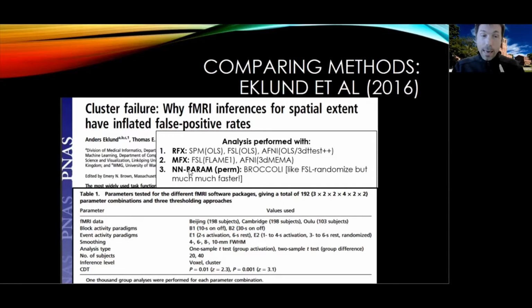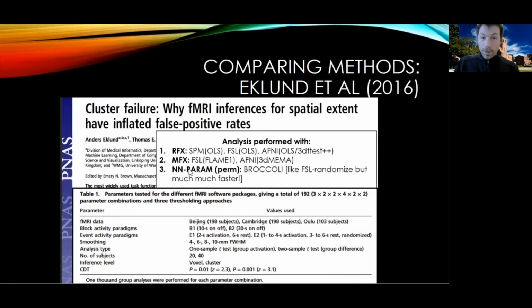And then finally, the last approach was a non-parametric or a permutation approach. And they used a tool called Broccoli, which is exactly the same as FSL randomise, although it doesn't have some of the perks of FSL randomise. However, Broccoli runs on the GPU, which means it runs infinitely faster than FSL randomise. In fact, somewhere in this paper, they comment, had we used FSL randomise to do the same thing, it would have taken us, I don't know, 10 years, some crazy number. So now the real question is,